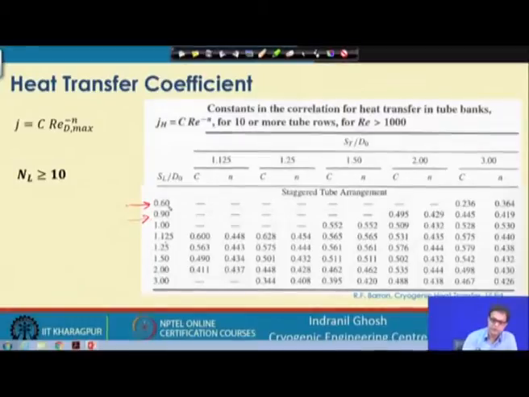Now, if by chance something comes at 0.85 and it is not defined here, or say between 1.25 and 1.5, if someone finds that his number is 1.4, he may find it difficult to find out exactly what the numbers for C and n would be. So, as an alternative, we have another set of correlations given